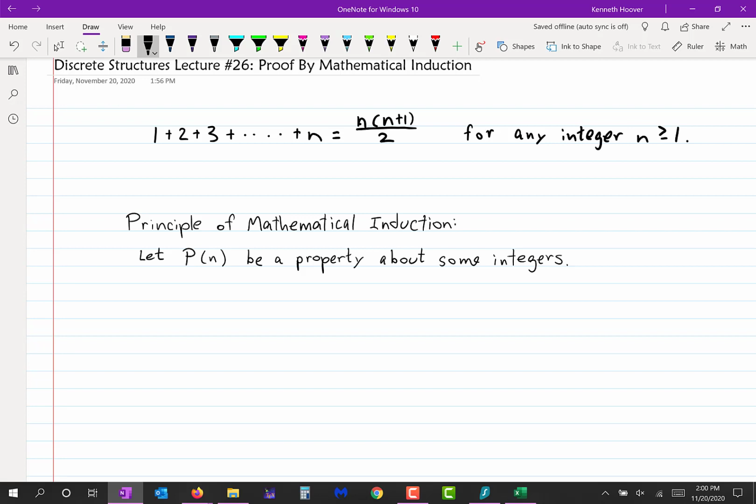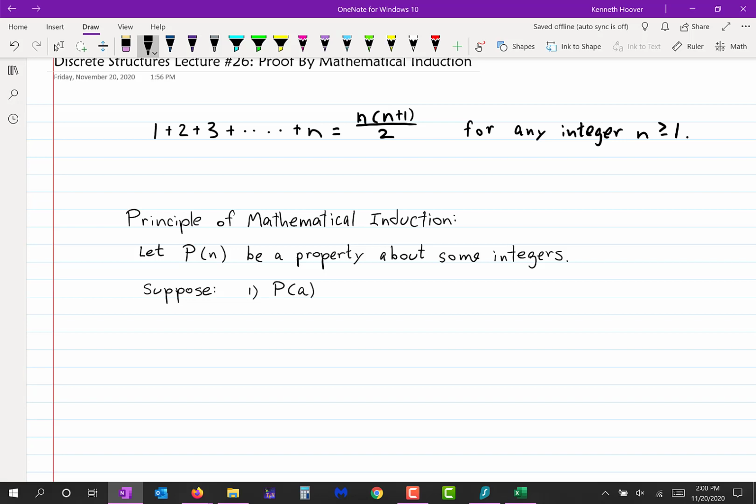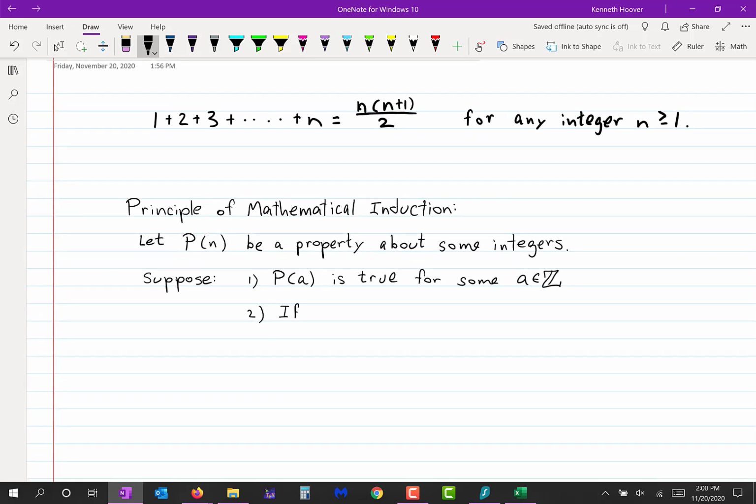Okay. Now, suppose number 1: suppose P of A is true for some integer A. And number 2: K is equal to or greater than A, and P of K implies P of K plus 1, okay, then